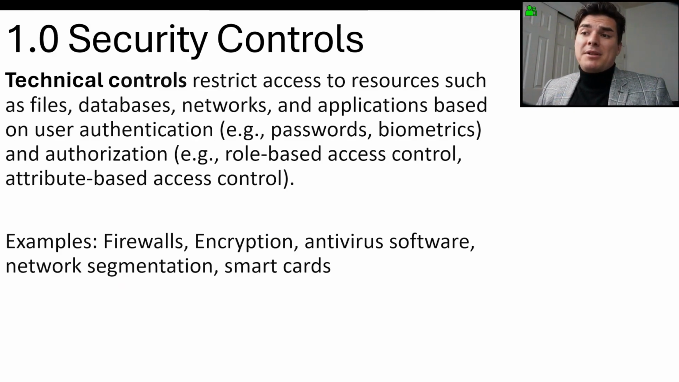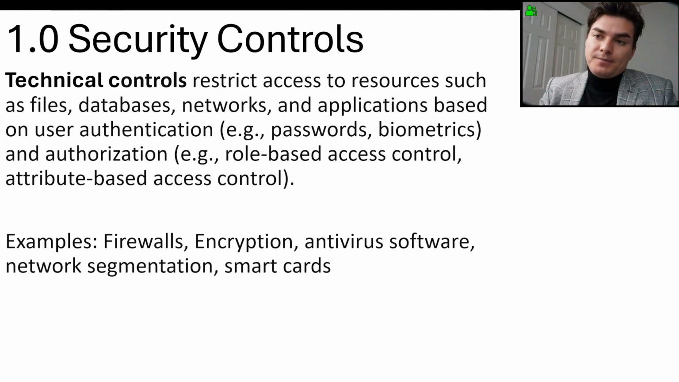So there's many different types of security controls. A technical control restricts access to the resources. And those resources are the files, database, and the network or getting access to the network. And the way they implement those technical controls are through the firewall, encryption, antivirus software, network segmentation, or something such